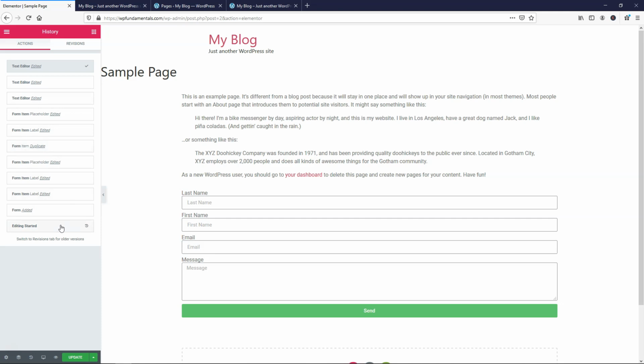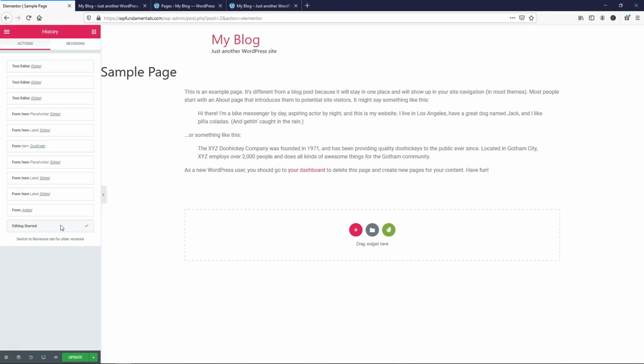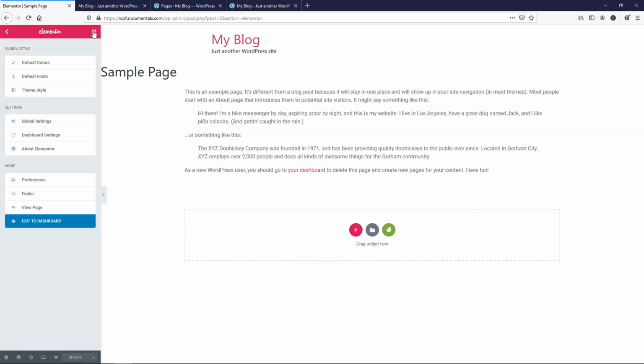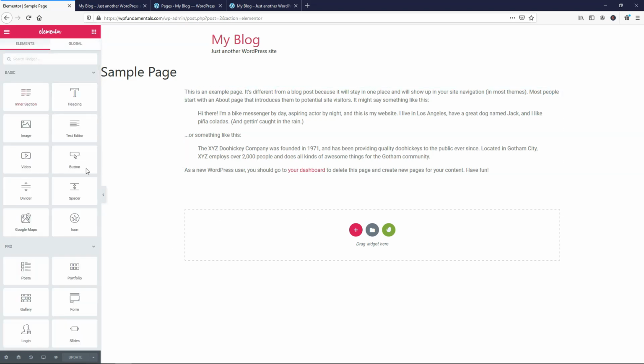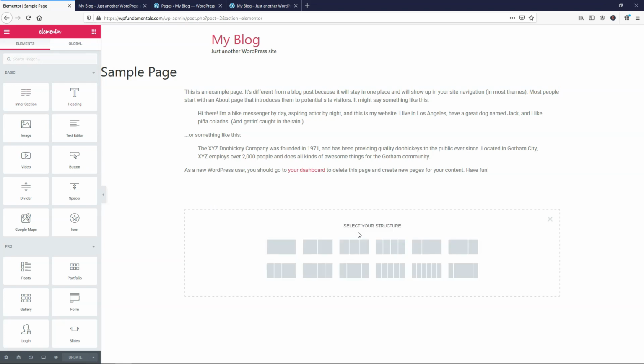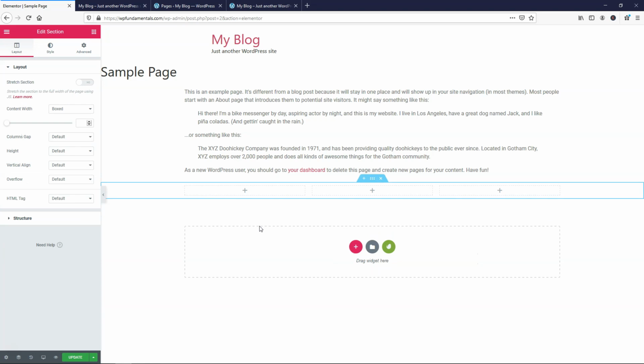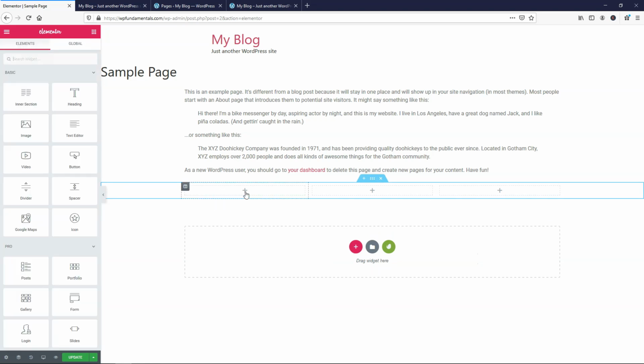So if you wanted to go back to where it started, you can click that before we added the form in, and then just go and click update to make that go into effect. So there's a lot that you can do within Elementor. It's actually very easy to use by using these widgets here. You also can choose different structures. So if you click on this, you can choose a 3 wide structure, for example, and go and click here